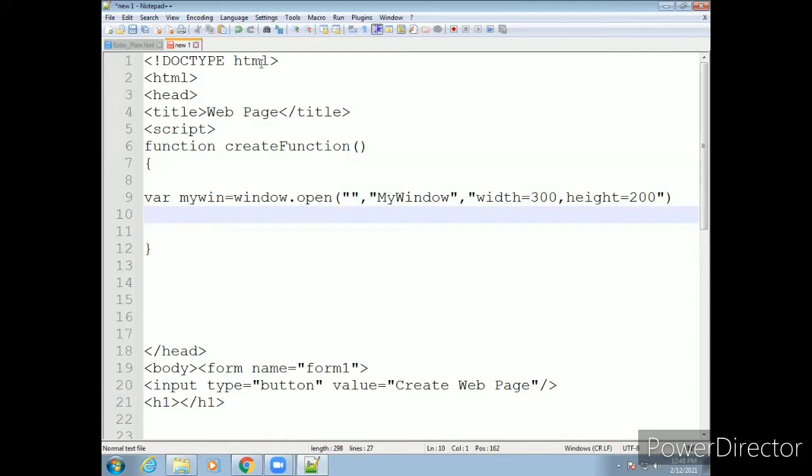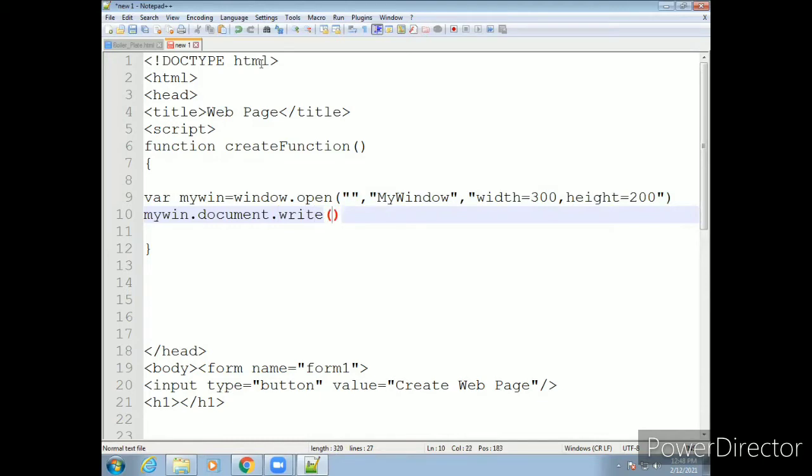Using this variable name: mywin.document.write. As I told you, we can write anything in a write function. We only need the content of the web page, so we are going to use head, body, title, and other tags. So let's write mywin.document.write function.